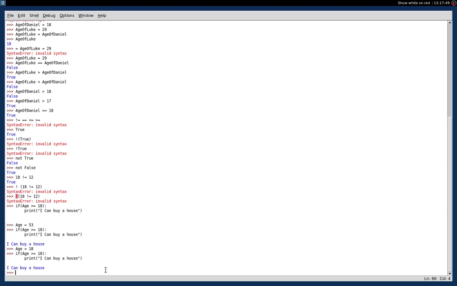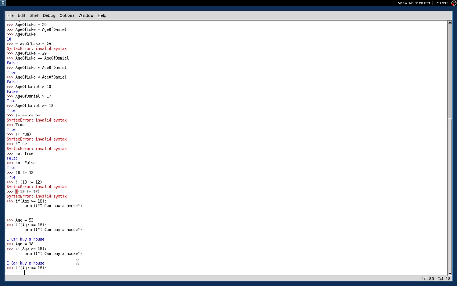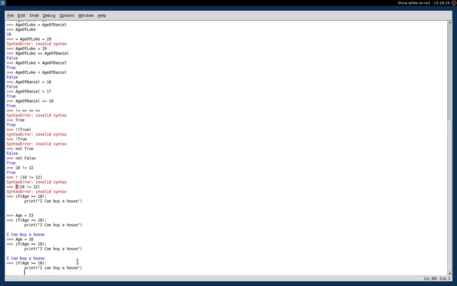What if we want, like, I can buy a house? That's if the condition is true. Like here, if this is true, I can buy a house, but I want something to come out if it's false. Well, for that we can do this. If age greater or equal to 18, print I can buy a house. Else,